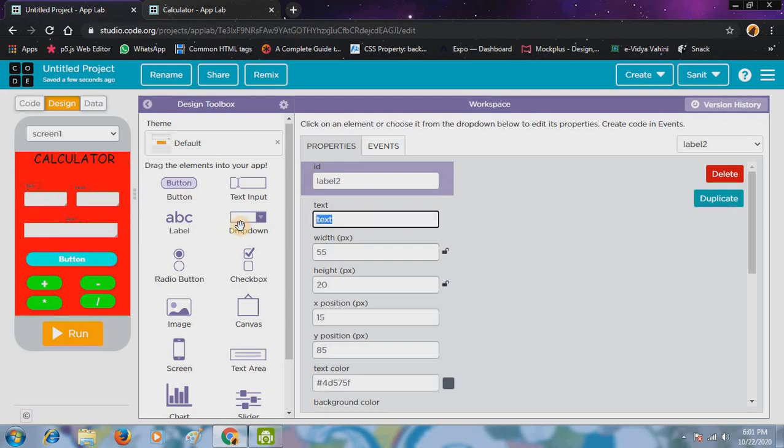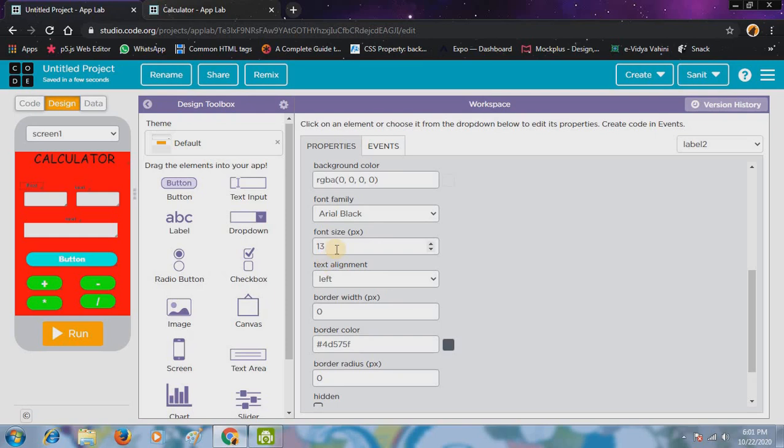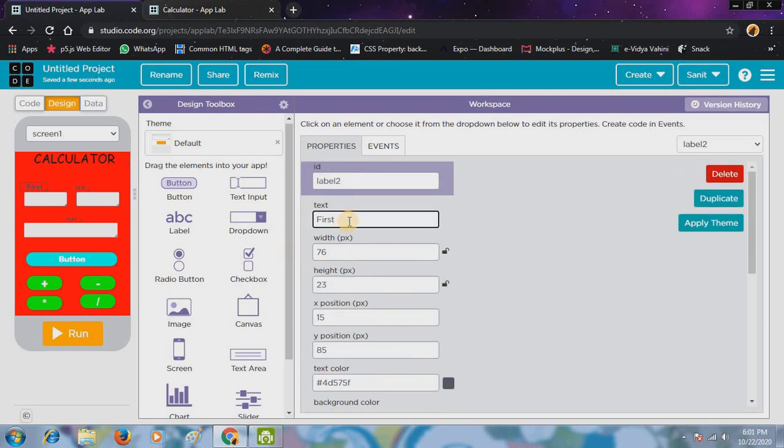So click on text and write first, first number. Here I will write second.